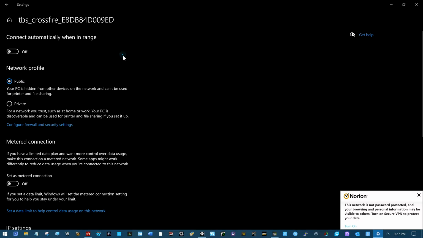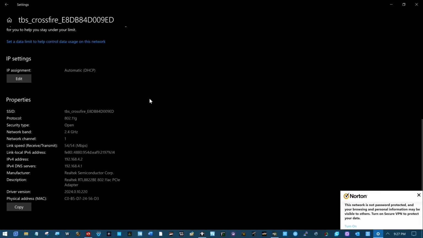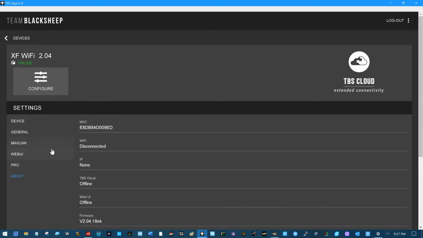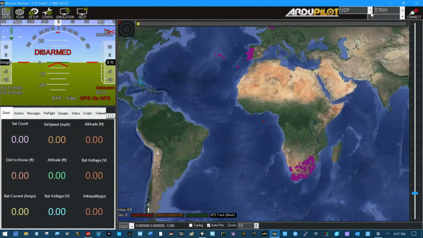And if we look at that transmitter and the information down here, here's the address we really need. It is 192.168.4.1. And we're going to have to also remember this socket, 5760. So we'll go into Mission Planner,